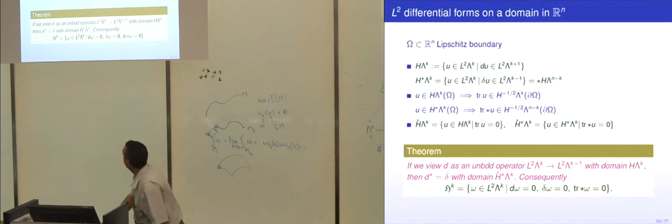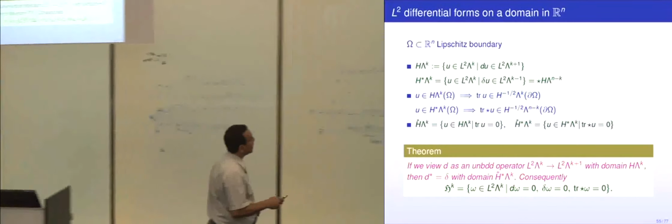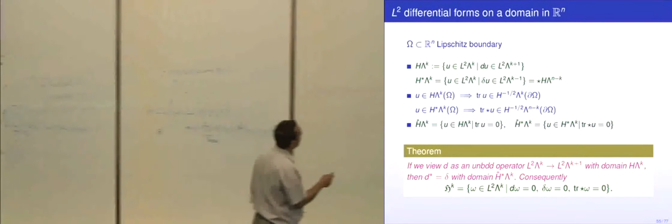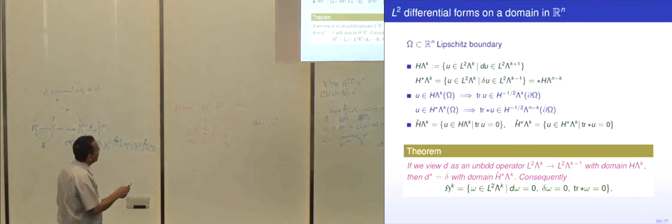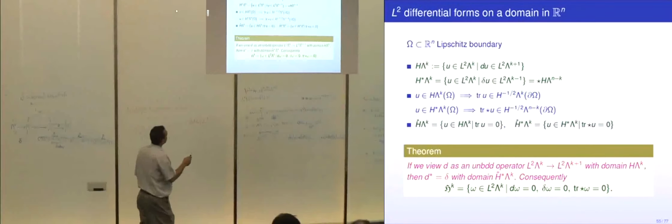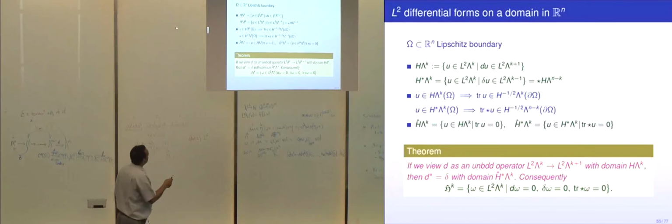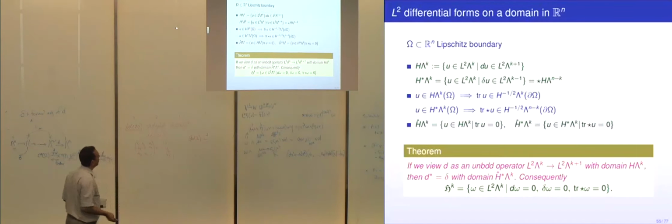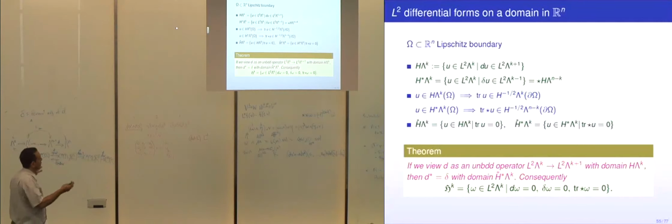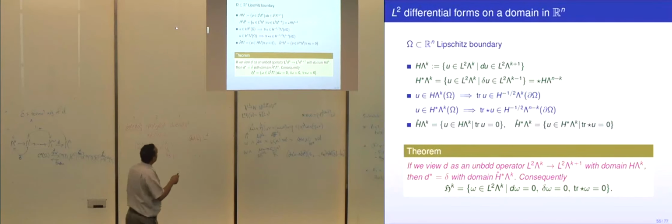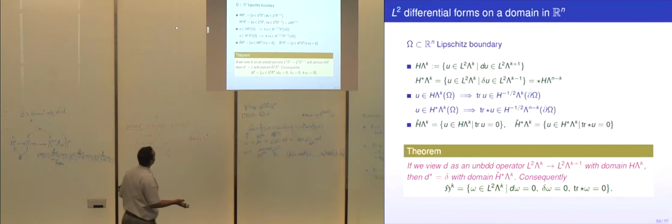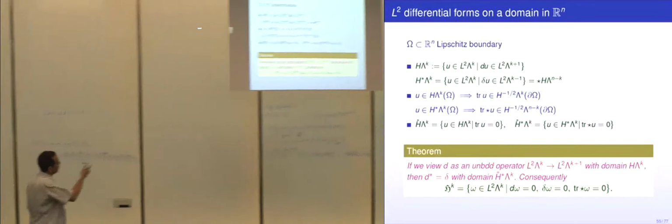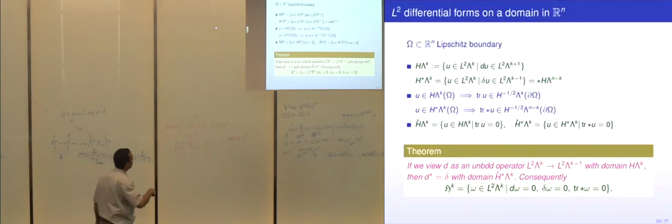Okay, now we go to the Hilbert space theory. Let's take a domain, assume it has a half-decent boundary. So now we're going to need some properties, a Lipschitz boundary. Then, of course, Rn has a metric, so we can define the L2. L2 lambda k just means differential forms, and then you take their norm at every point and take the integral of it squared. And then we could ask whether du is also an L2. This is the thing we defined previously. So we have a closed unbounded operator D, and this is the graph norm and so forth.